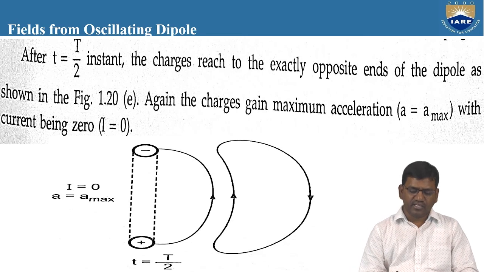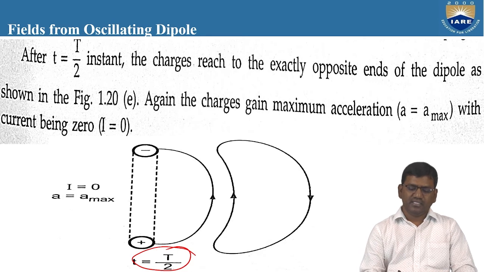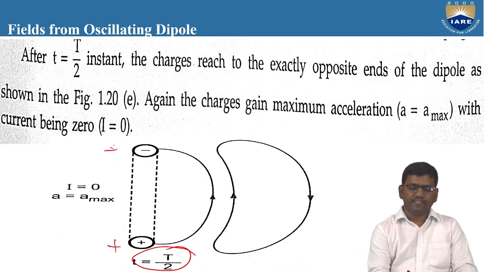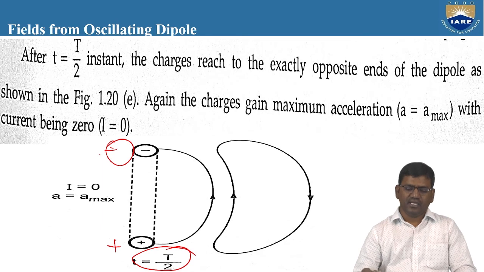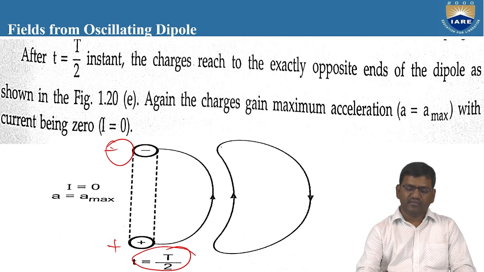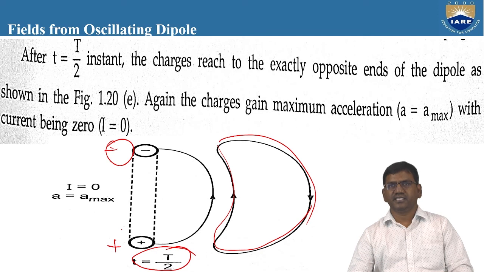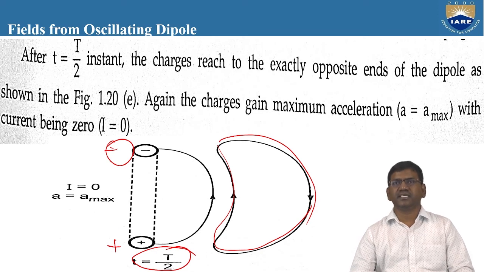That means even after a time t is equal to T/2, exactly the separation is maximum. The separation between the charges is maximum, and these polarities have been changed completely, and one full radiation pattern and one full field line is being observed here due to the dipole. So as the time increases, the distance between the charges is decreasing. As the distance between the charges is decreasing, different field lines are produced from the conductor.